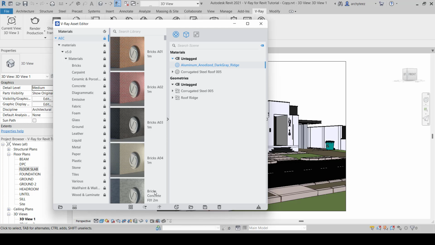As I have said earlier, I am using V-Ray 6, but I loaded V-Ray 5 material into it. So if you want to know how to do that, watch the previous tutorial. I'll be starting here